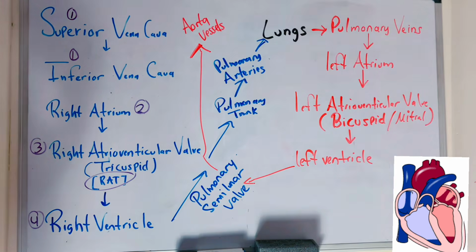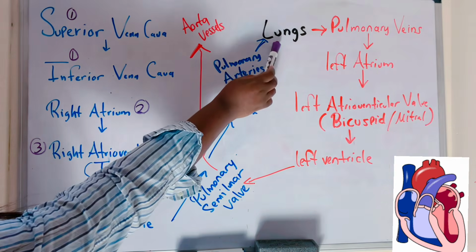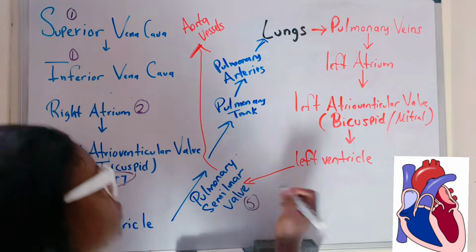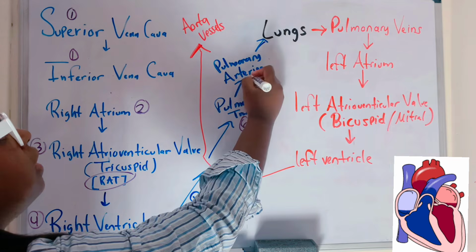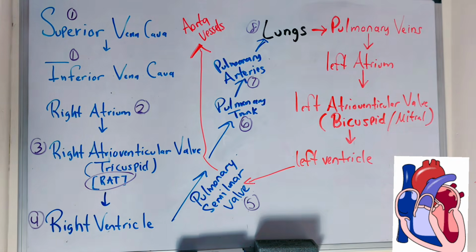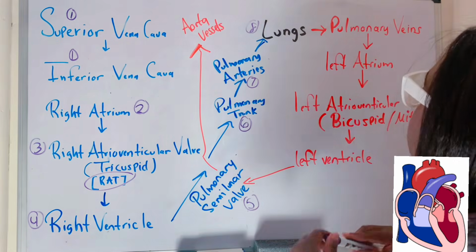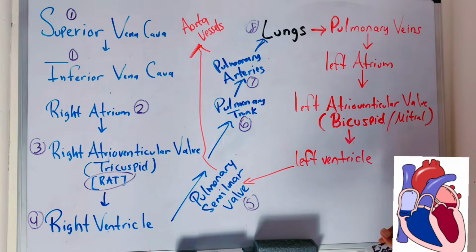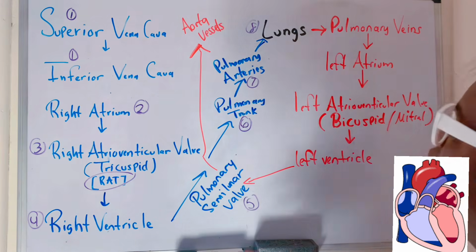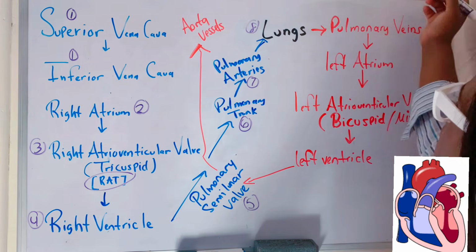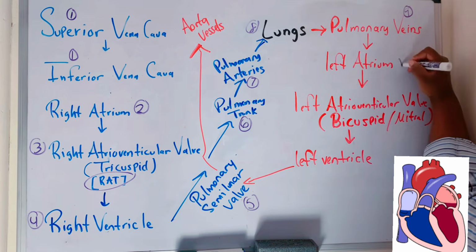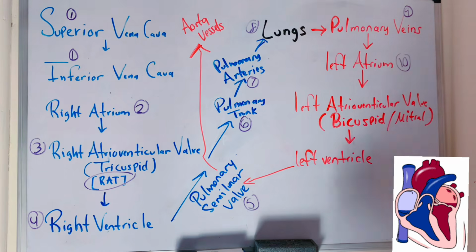And so from that point on, it travels to the lungs right here. So I'm supposed to be writing the steps down for you guys. I'm so sorry. That's 5. This is 6, 7, 8. All right, so let me see if I can get on the other side. I have boxes over here. So the next step would be the pulmonary valves. This is when it comes back from the body with oxygen rich blood. So 9 is the pulmonary veins, and 10 would be the